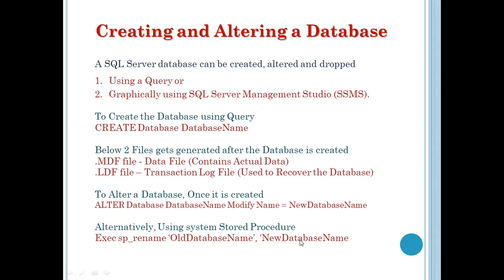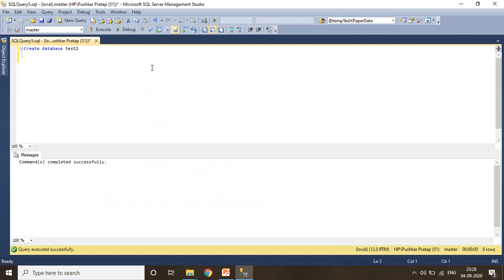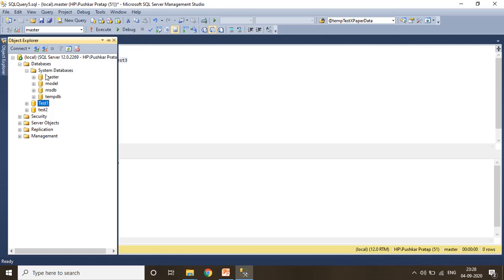Let's see in SQL Server Management Studio how we can alter a database. Let's modify test2. We will alter database, database name, modify name equal to new name. To check, we will go to the Object Explorer and refresh our database folder. You can see here we have updated the test2 database to test3.